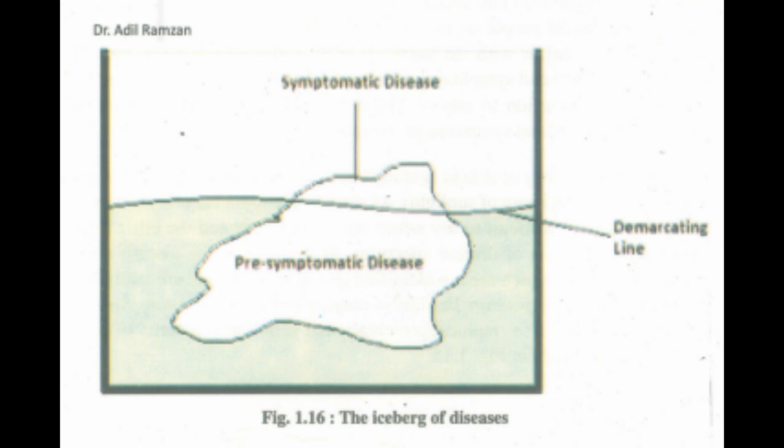1.4 Health for all, HFA. In this section we shall discuss the definition, meaning and strategies of health for all. 1.4.1 Definition and meaning of HFA. In May 1977, WHO in its 30th World Health Assembly decided on the attainment of a goal of health for all by 2000 by all the member countries of WHO. HFA has been defined as the attainment of a level of health by all the people that will enable them to lead a socially and economically productive life.